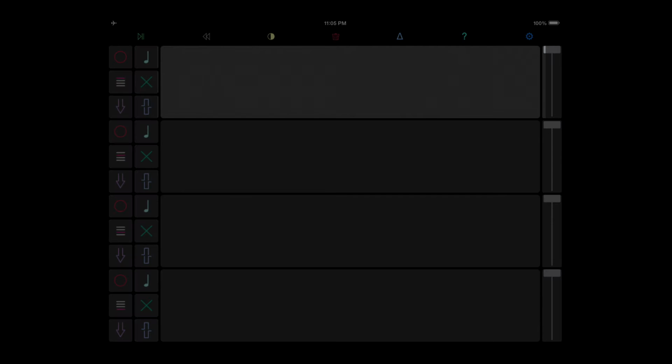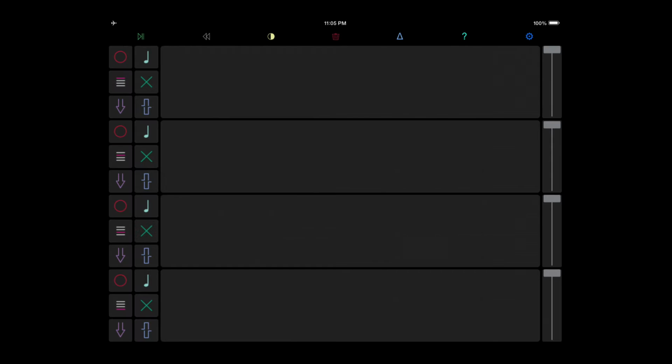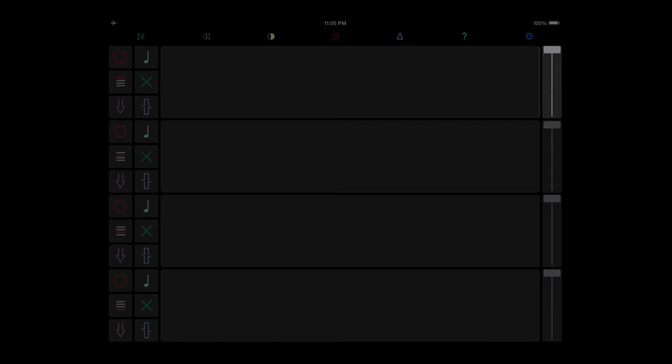In the middle is the waveform window. This has things like loop length and the actual waveform of the loop that's playing, and it's touch enabled, so you can control the start and the end point of the loop at will. It also shows the undo history. On the right-hand side is the fader. At this point, it just controls the global output, but in the future, it should have multifunction mode as well,